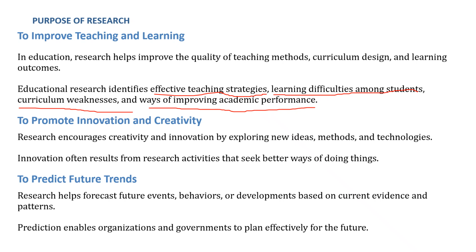For instance, when you look at weather patterns and other things, we can possibly predict what would happen in the future. So it's important that we carry out research in those areas. When you see the findings, you can now generalize. So possibly in the next 2 to 3 years the situation may be worse than it is now. I'm talking in reference to weather and climate. So when you have gathered your findings, possibly you'll be in a better position to prepare yourself for tomorrow. Prediction enables organizations and governments to plan effectively for the future.